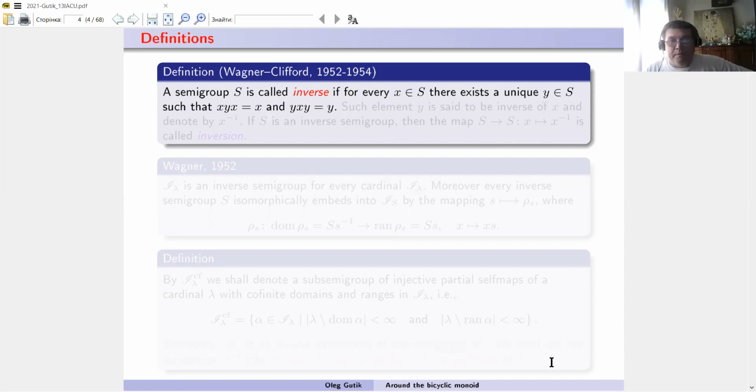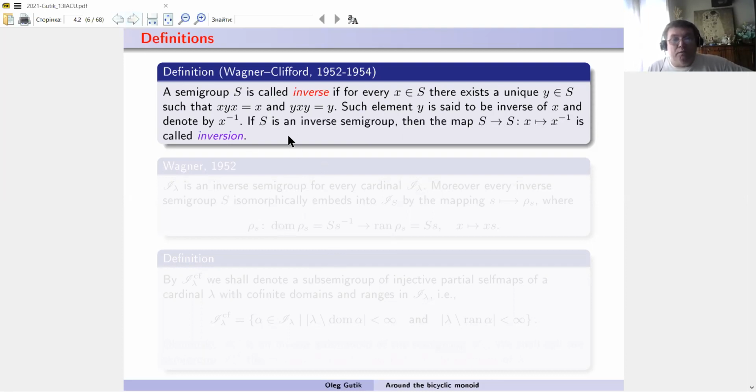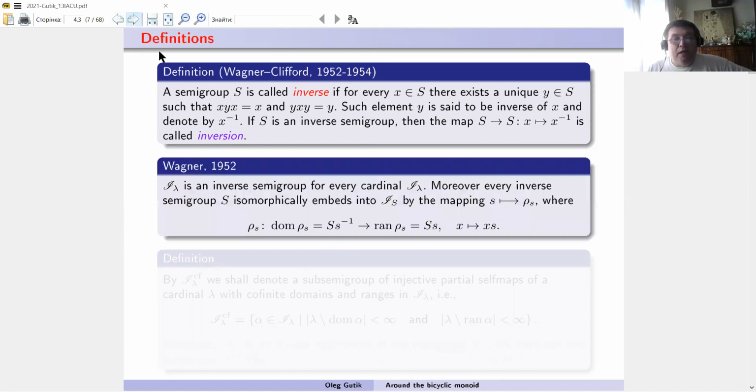What is an inverse semigroup? An inverse semigroup is a semigroup such that for any x from S there exists a unique y such that the following two conditions hold. This element y is called the inverse of x, and it will be denoted, as in group theory, x to the power minus 1. So a semigroup in which every x has an inverse is called inverse. And Wagner proves the following nice theorem, that I lambda is an inverse semigroup for any